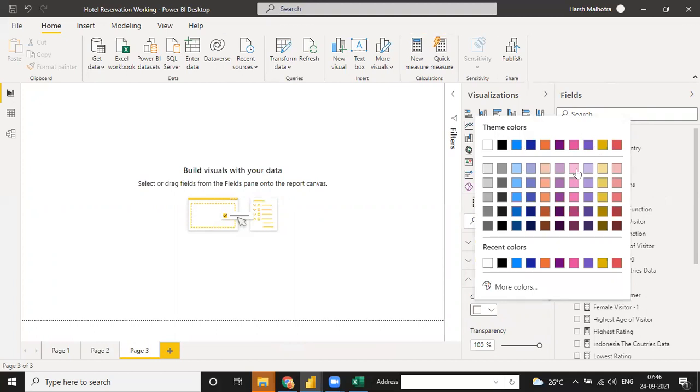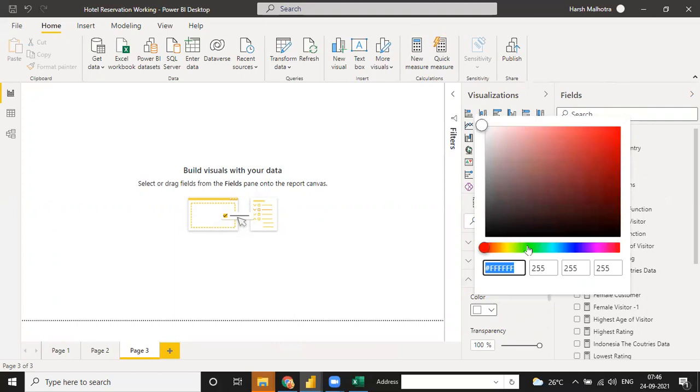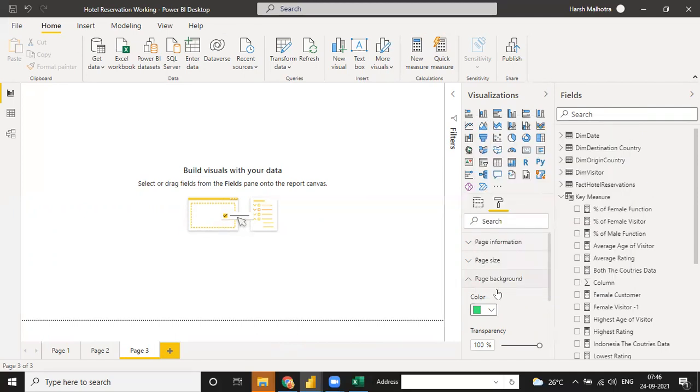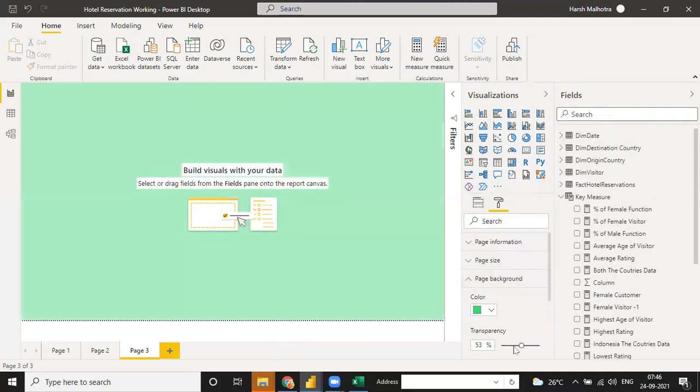Suppose I need some green color. This one. And go to transparency. So right now my page color is this one.